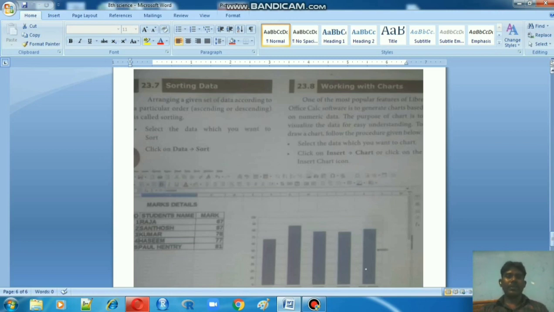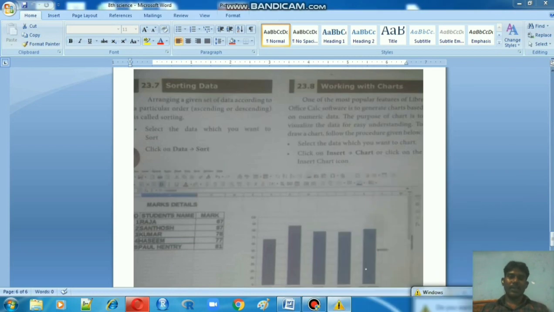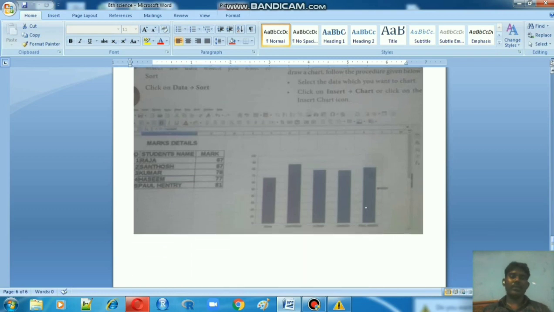Final topic is working with charts. Okay, we have to create charts. Okay, we can prepare a timetable or whatever it is, our mark sheet, and create a chart in a worksheet itself. That is also possible in LibreOffice Calc. We create charts so that we can easily understand the particular details. Okay, so on the company side, they use charts the most.